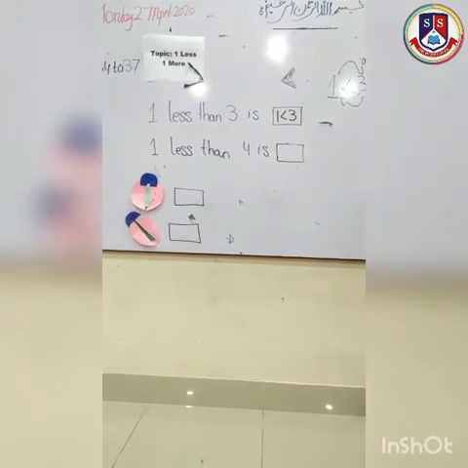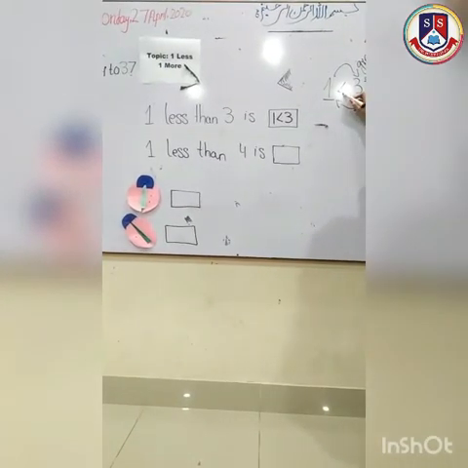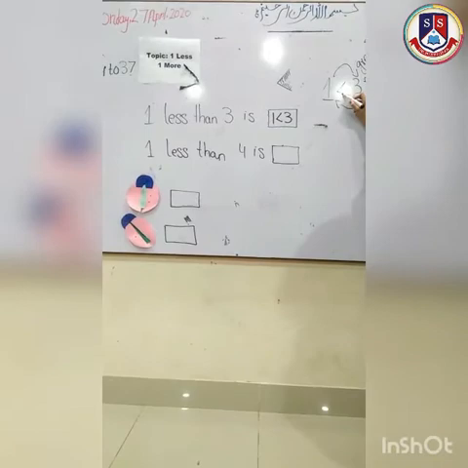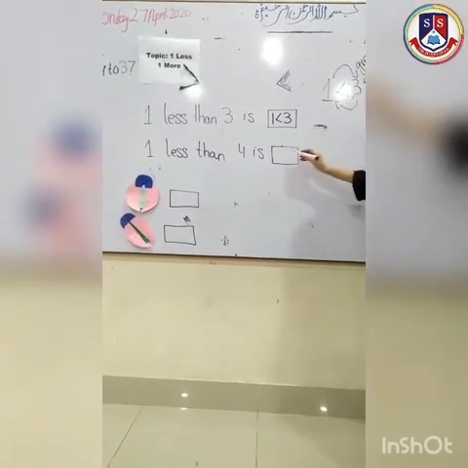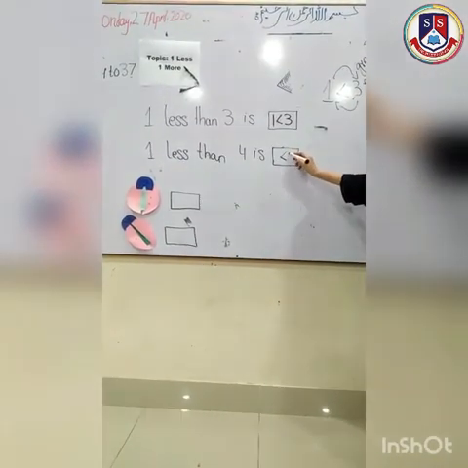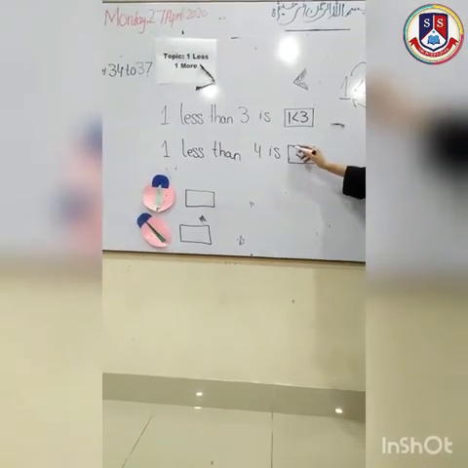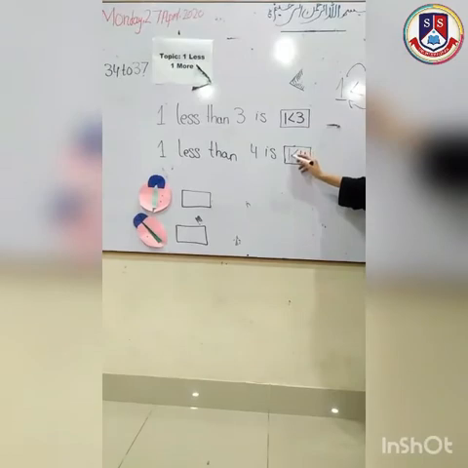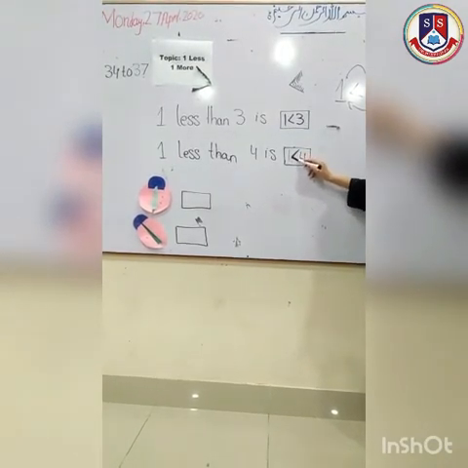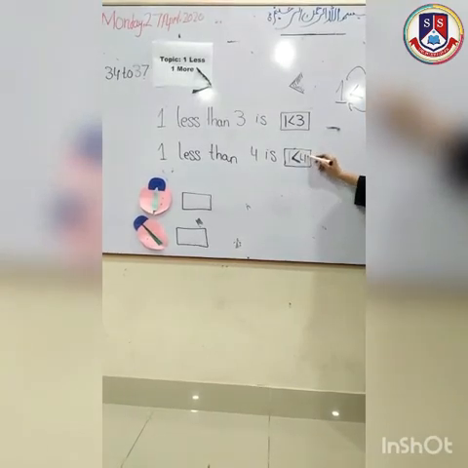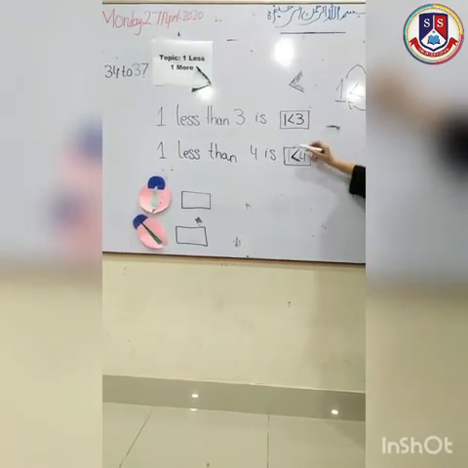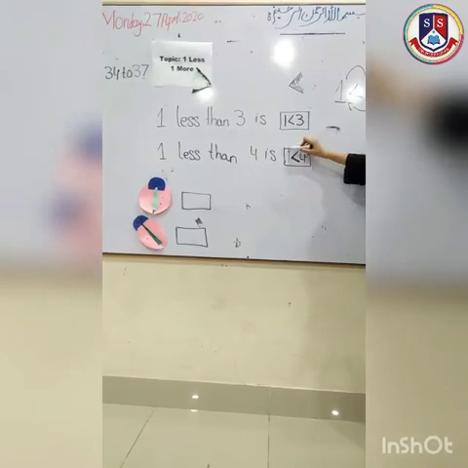Now our second question is 1 less than 4. Again 1 4 से लेस है. So the alligator's mouth will be open toward the 4 side, and 1 is less. You will write 1 at the back side of the mouth, at the closed side we can say. This is the closed side, this is the back side, and this is the open side. Front side, back side.